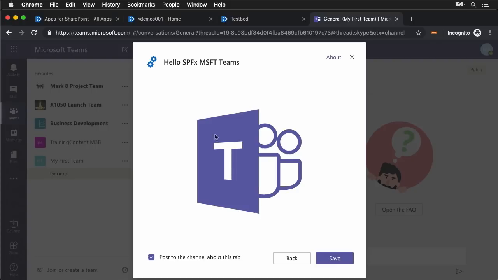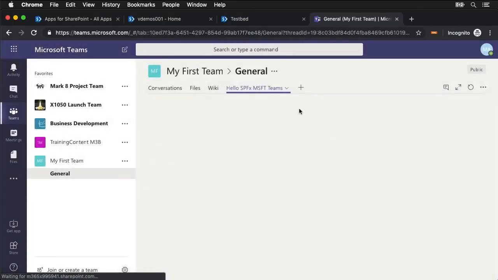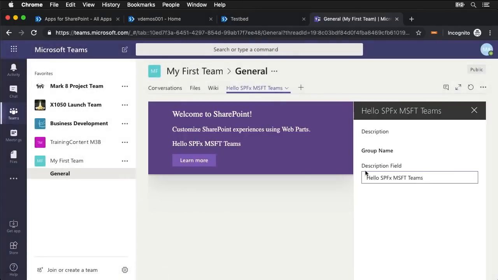And it's then going to, it doesn't show me the configuration option here that you would see if you do a normal Microsoft team, because you'll see where the configuration stuff kicks in just a minute. So I'll then hit save. So now it's set up my team, and now you can see that my tab has been set up now,